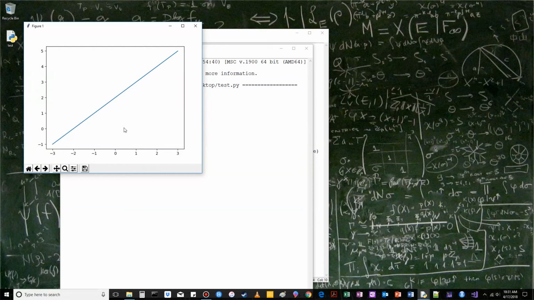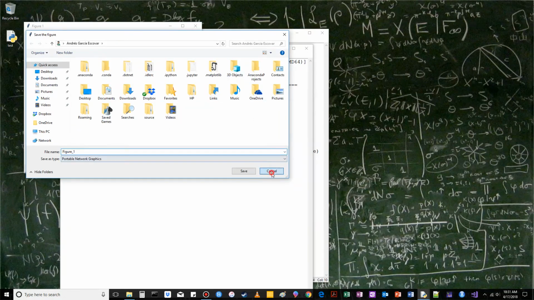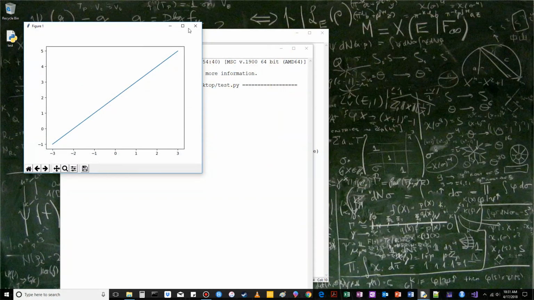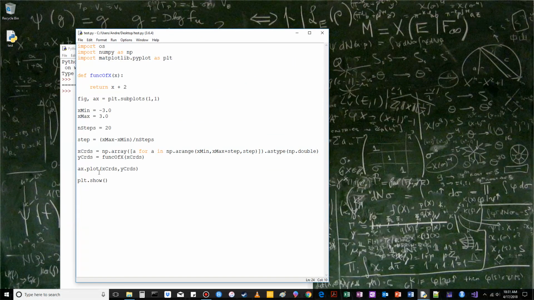It may take a while to open, so don't be impatient if it takes a while. Just make sure that you write the program as I have shown. Otherwise, the script might not execute properly or even not at all. So to save the plot, you can use the save icon at the bottom of the window. Just click it. Otherwise, you can type the command before the plt.show as plt.tight_layout, and then under it you can save fig